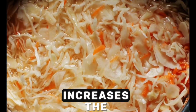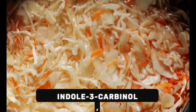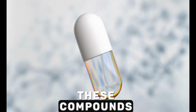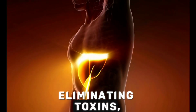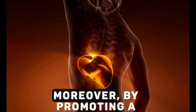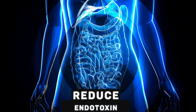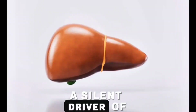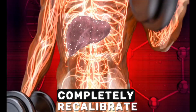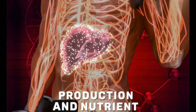Fermentation also increases the bioavailability of glucosinolates, compounds that get converted into indole-3-carbinol, a powerful liver detoxifier. These compounds not only assist in eliminating toxins, but also play a protective role against liver carcinogens. Moreover, by promoting a diverse gut microbiome, fermented crucifers reduce endotoxin exposure, a silent driver of liver inflammation. Adding just a few spoonfuls a day can completely recalibrate your gut-liver axis, fostering more efficient bile production and nutrient